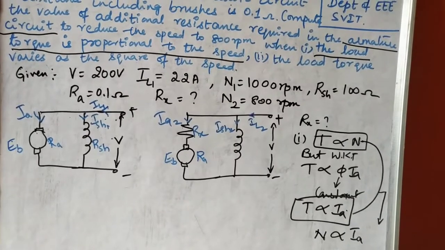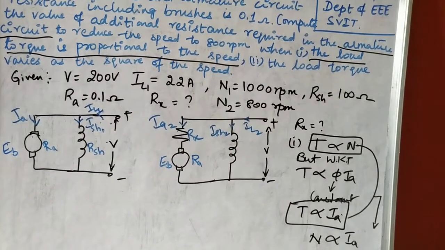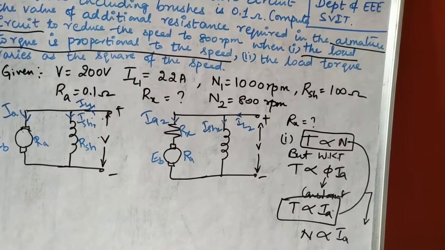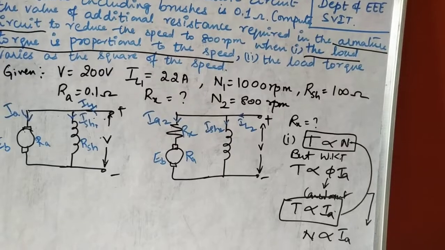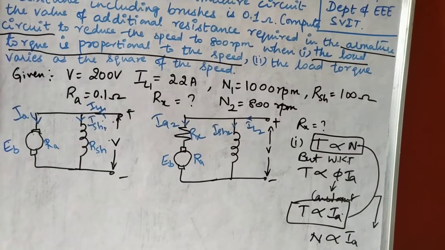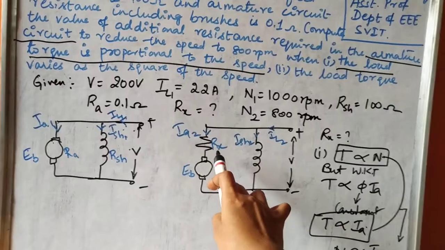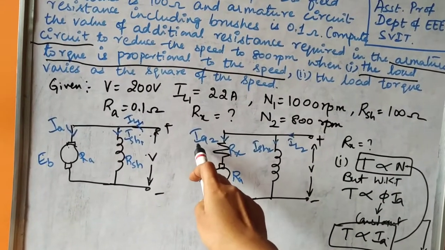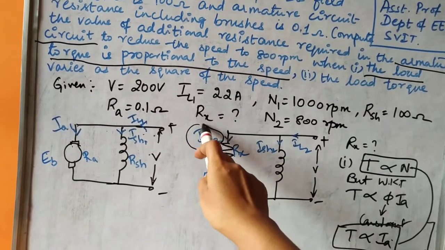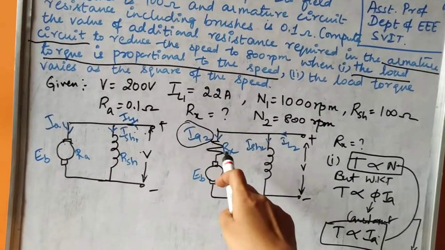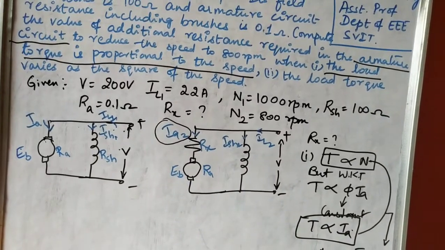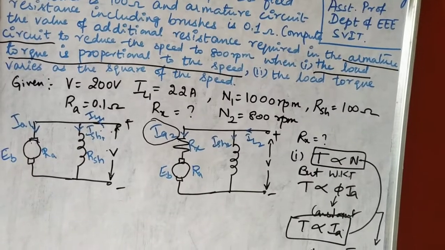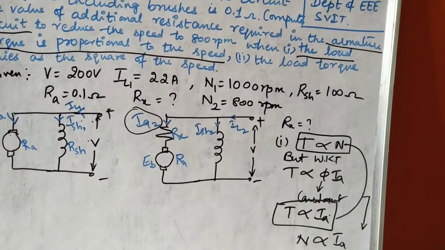Okay. Fine. Now let us take up the two equations. Why are you considering this? Because we intend to find out the Rx value. To this resistance Rx, what current is flowing? The armature current? Yes or no? Ia2 is flowing through the Rx. So to determine what value of the current is flowing there, this equation will help you